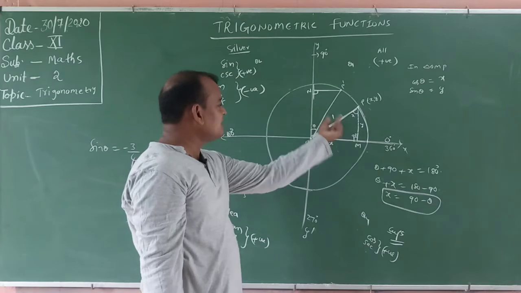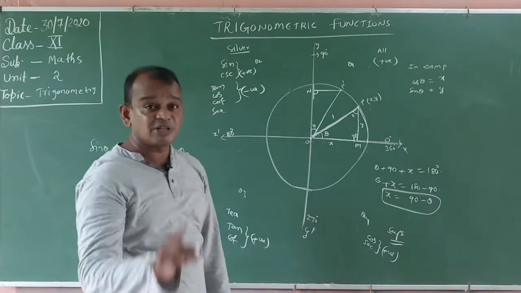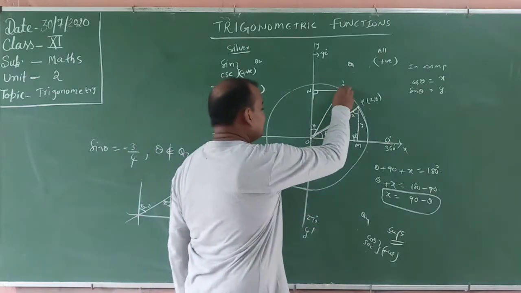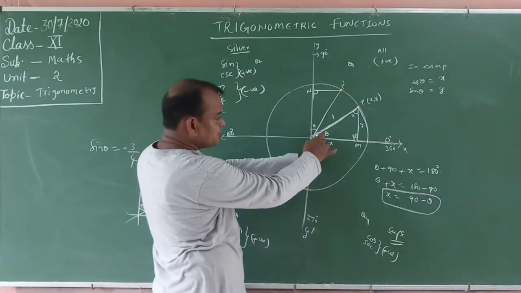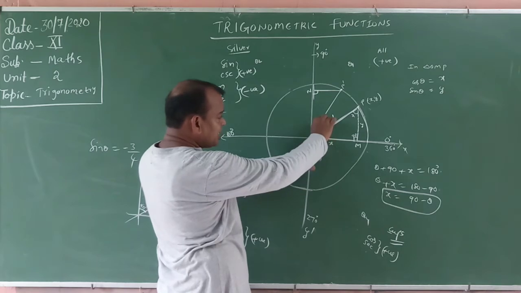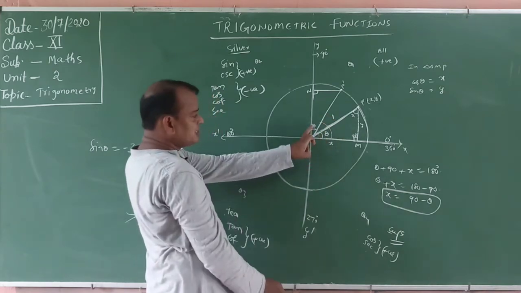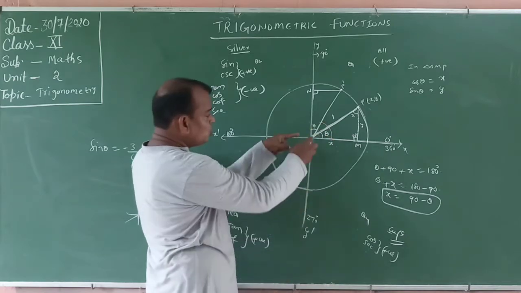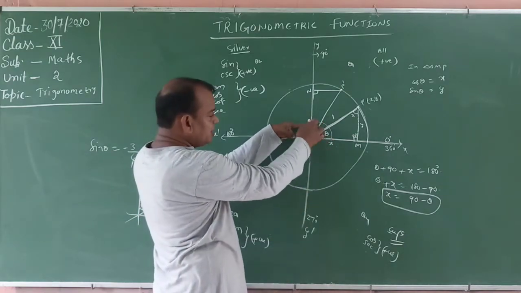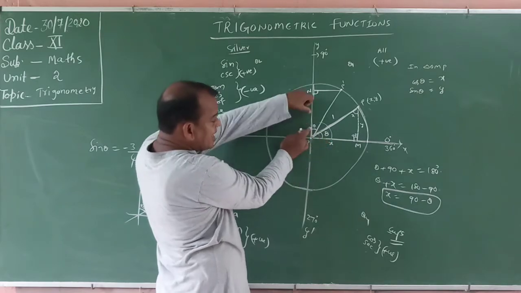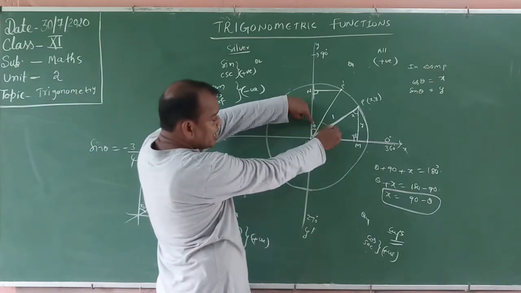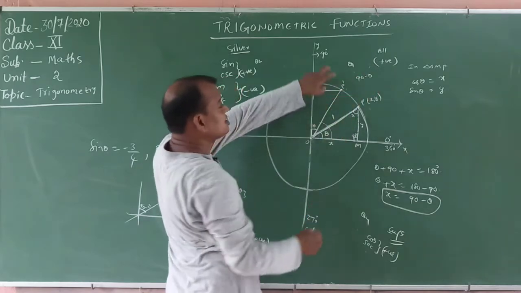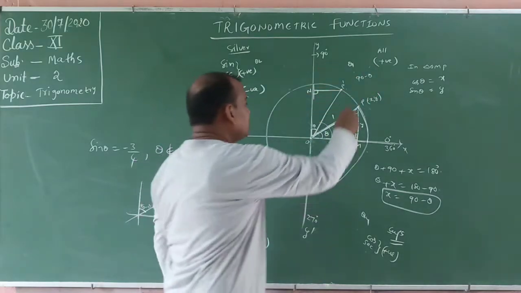These two triangles must be congruent triangles, 100%. What about this angle? Here this is theta, 100%. Observe that, this is theta. What about this angle from here to here? This is theta. In total, from here to here, how much? 90 degrees. This angle is theta. Now this angle is 90 minus theta, 100%. 90 minus theta lies in which quadrant? The first quadrant. What are the coordinates of this point?